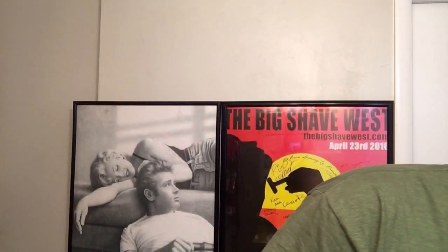So that being said, I need to address some things for you guys. So let me pull this razor out of its garage. Oh yeah, I take good care of this razor. And let's address it. So this is the chrome version. This is the Merkur Futur. And let me just give you some really up close